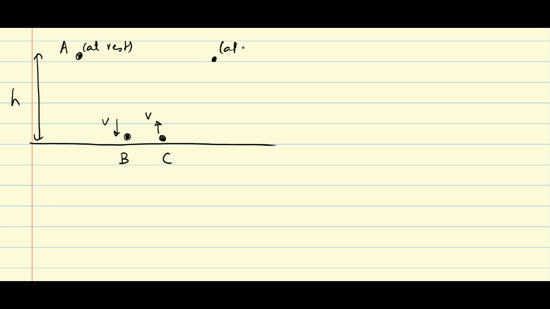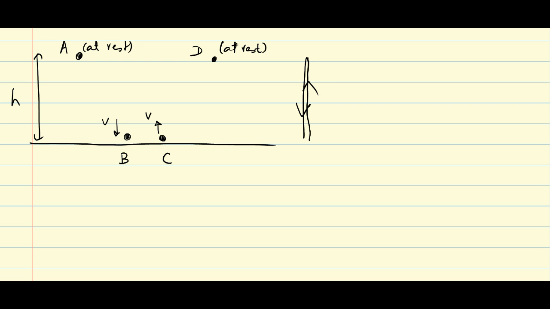It is at rest, and this is situation D. And as I said, this is the completion of one cycle. The ball has gone down, the collision has occurred, the velocity got reversed, and the ball came up to its